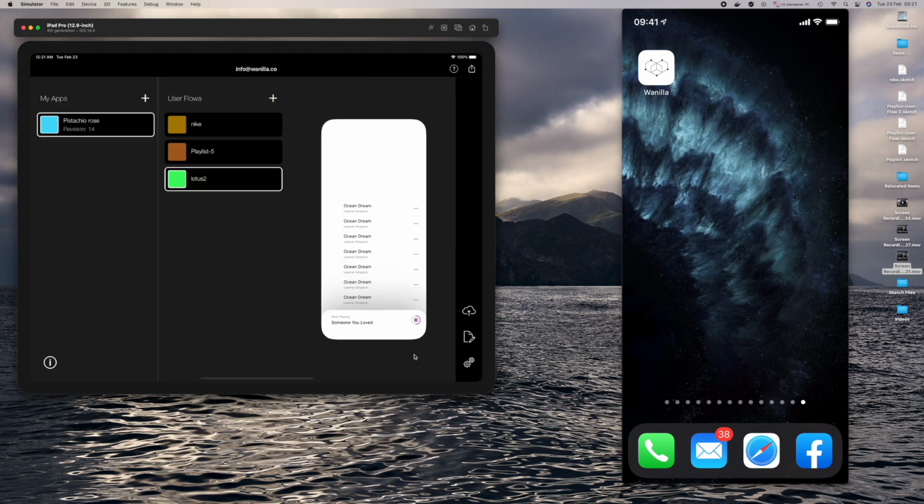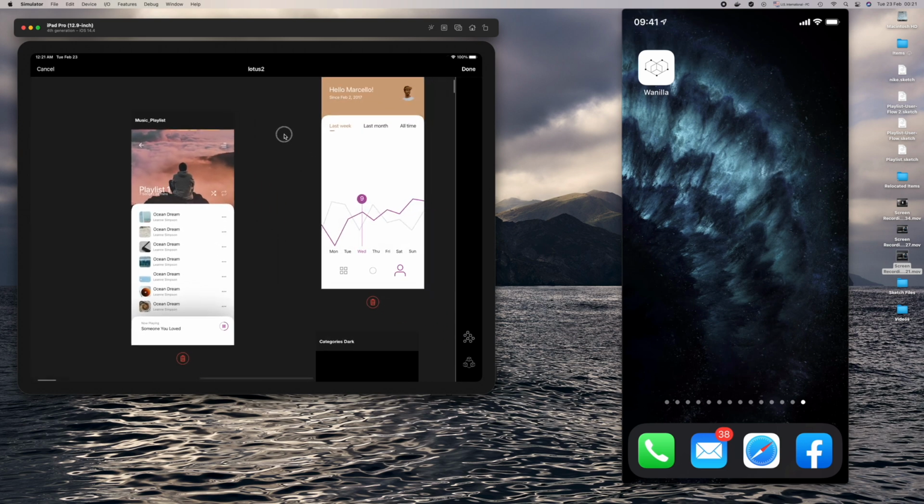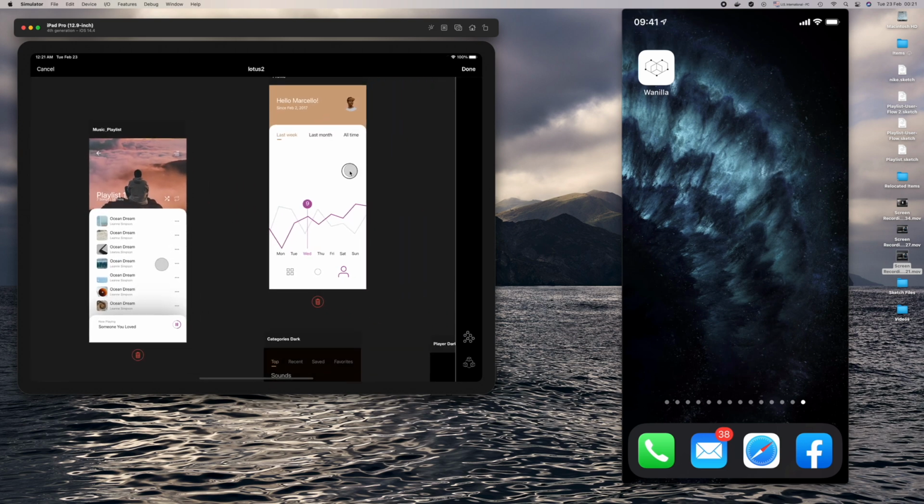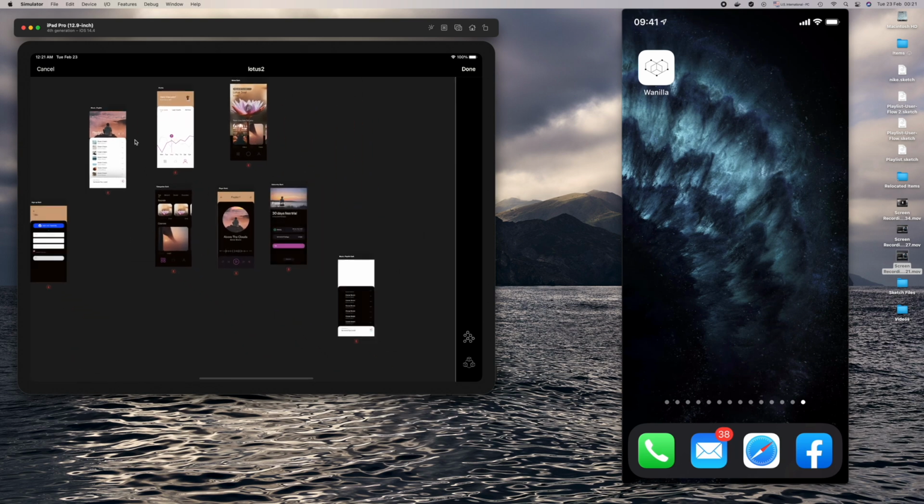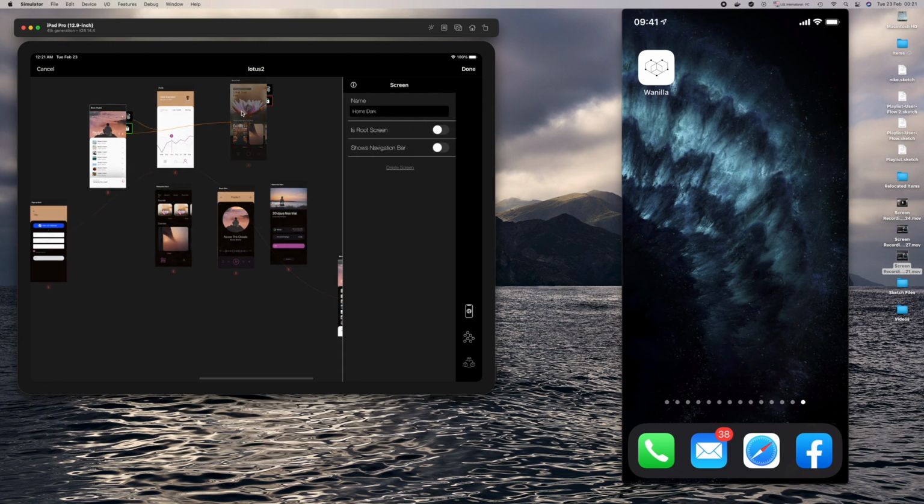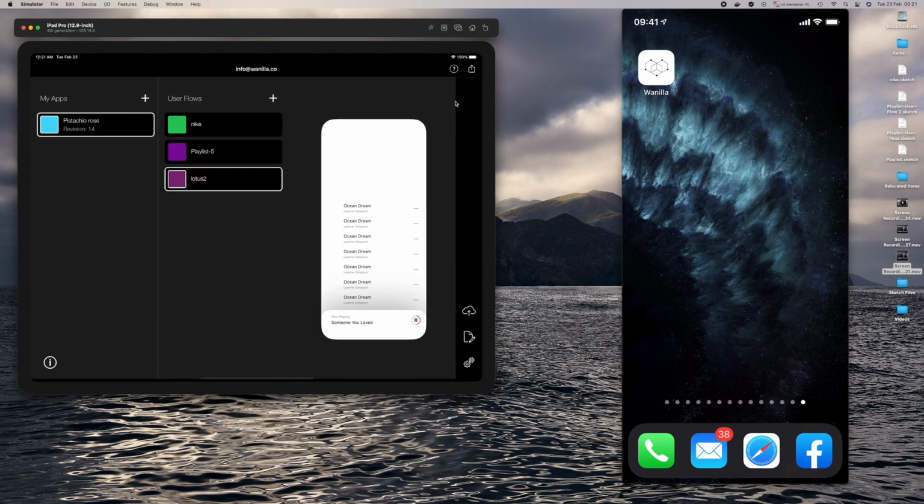When you open the interface builder, you will see all your screens listed there, with visual indication for the screen flows. You can enable or disable them, change the target screens within the same user flow or another in the same app. When you tap on an origin element, Wanilla will take care of the navigation for you and display